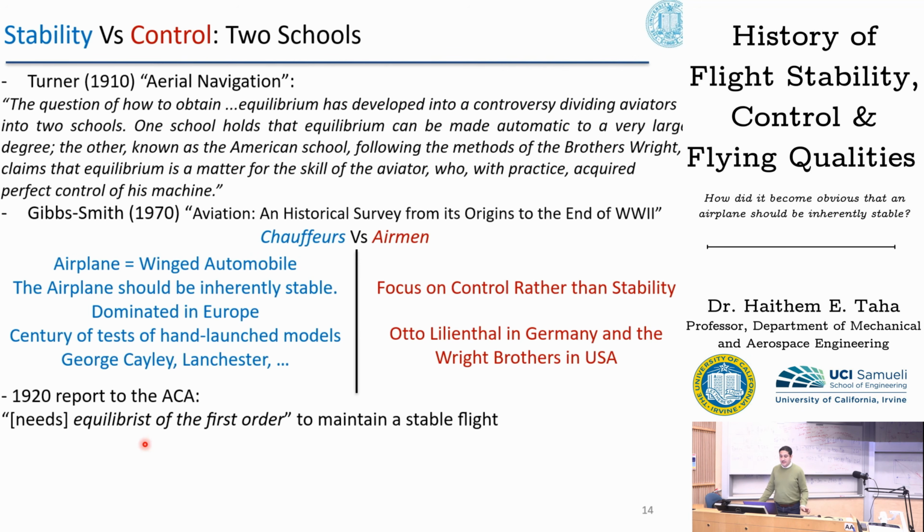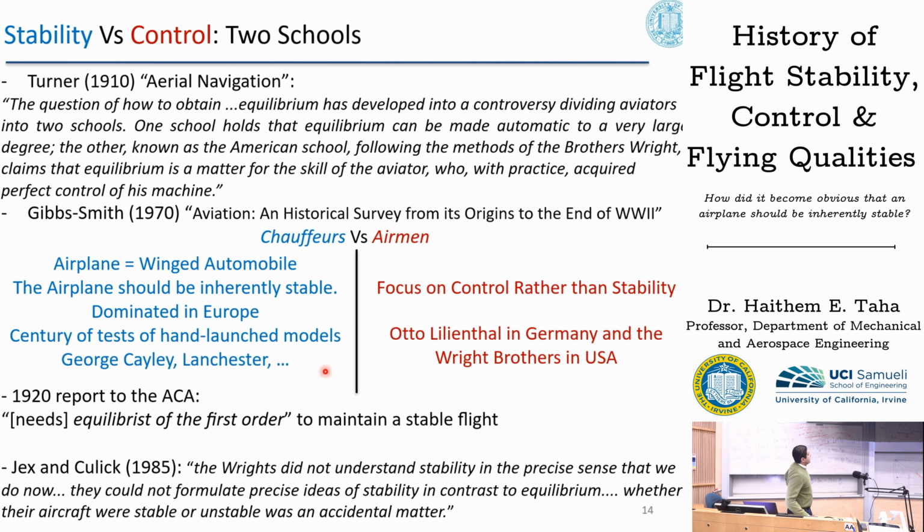Interestingly, when you look at this picture, I cannot help but remember the current fundamental difference in design philosophy of flight control systems between the American Boeing school and the European Airbus school. As you guys know, the Boeing school allows more authority for the pilot than the Airbus school. On the other hand, the Airbus school allows the pilot to rely more on automatic systems. I'm not sure if this current division is reminiscent of this schism back in the days. I don't think so. There is a disconnection in time, but the similarity is unavoidable. So I think it's interesting for someone to trace if there is any link or not.